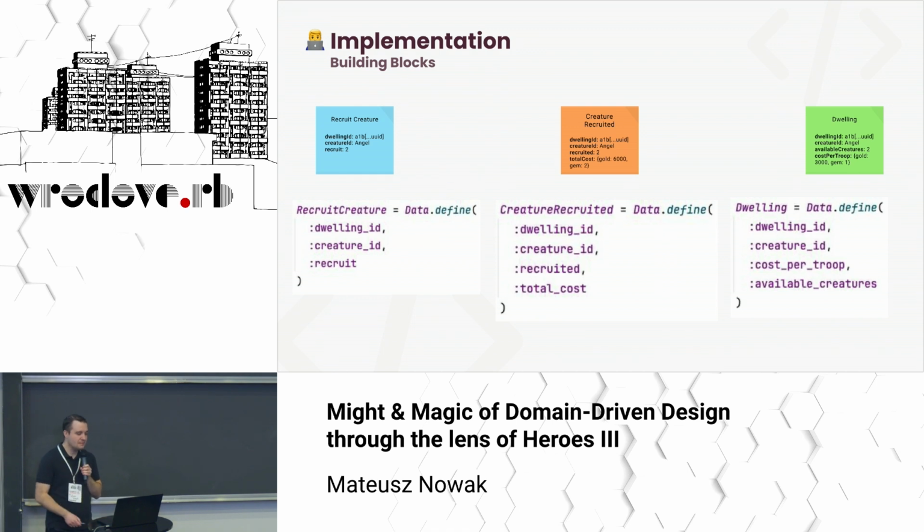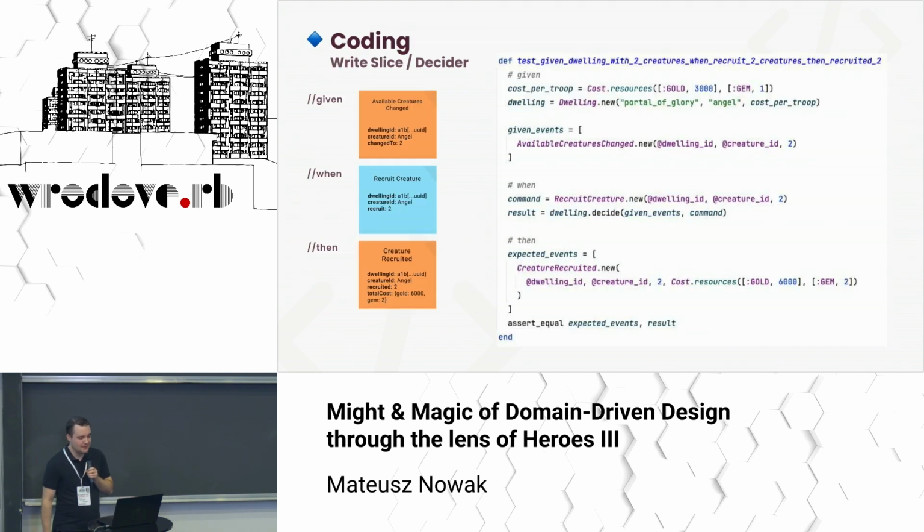So on the model, we've seen three different building blocks: commands, events, and views. We translate them one-to-one into classes along with corresponding properties. So we have simple immutable data classes. And as you see, we just rewrite those attributes. Later, as always, we start the implementation with the tests.